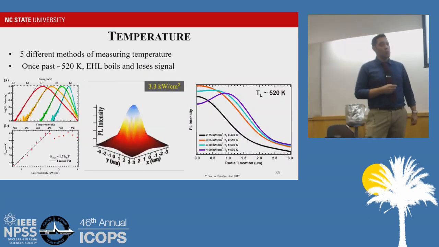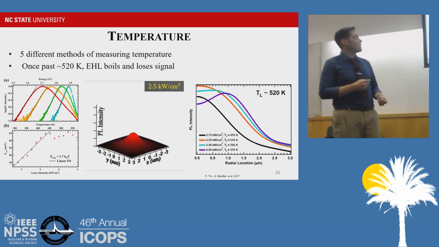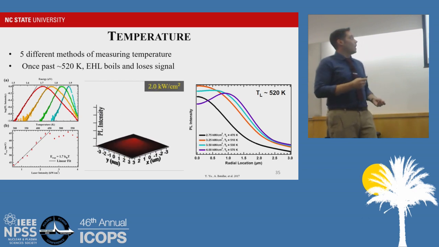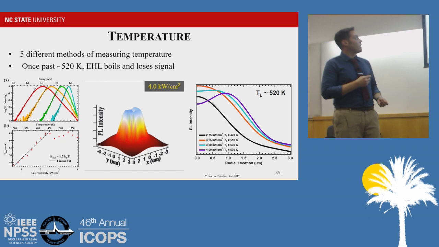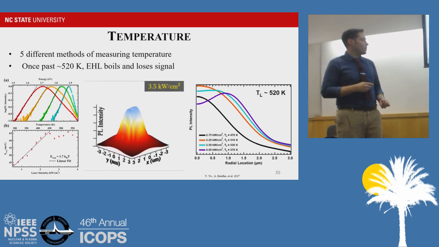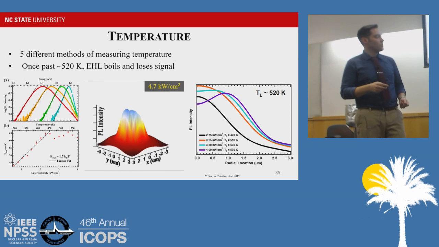There were other ways of determining whether or not this was a liquid. One of the ways was to look at the temperatures and see, did we reach the boiling point or not? We took care to measure this in about 5 different ways. And what we found is that with laser fluence, temperature kept going up, up, up. And then at about 500 Kelvin, if you look at these curves, this is the radius as a function of